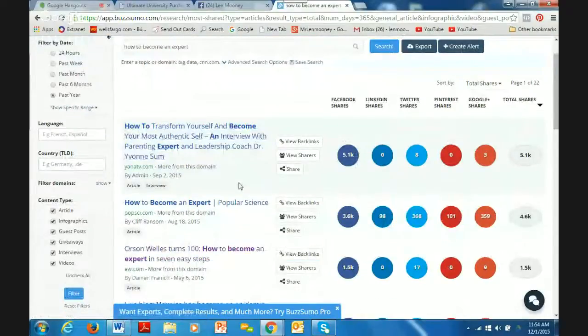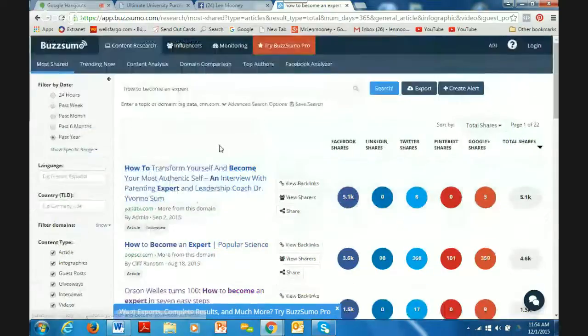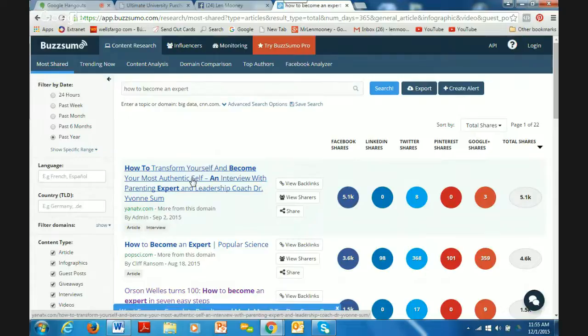So you can find out what other people are writing about the keywords you're using, and you can find infographics and articles. Using BuzzSumo, you can also find authority sites. Once again, you can click on an article like this one, for example.